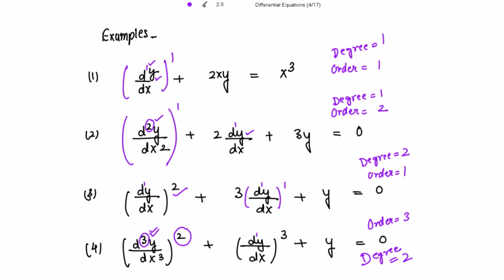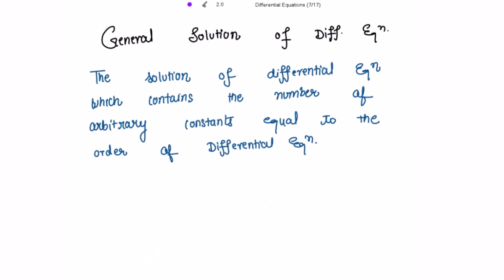Is it okay? Fine. It is clear about the degree and the order. Order is the highest number of times the variable is differentiated, the highest derivative of y with respect to x, right? And degree is the power of the highest derivative appearing in the differential equation, right? Okay. Moving on to the definition for the general solution of the differential equation.